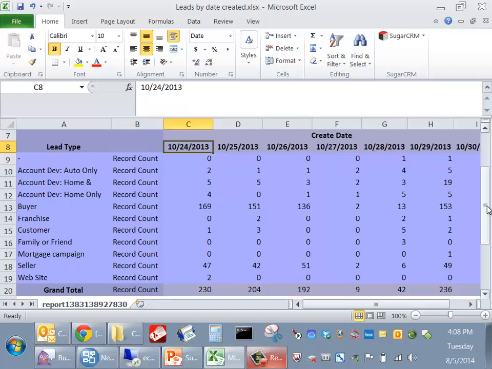Did it come from an auto account development activity, or did it come from the website, or did it come from a specific mortgage campaign we are running? This is an insurance specific example, obviously. But if you look at the actual makeup of this report, it's a relatively simple crosstab of leads